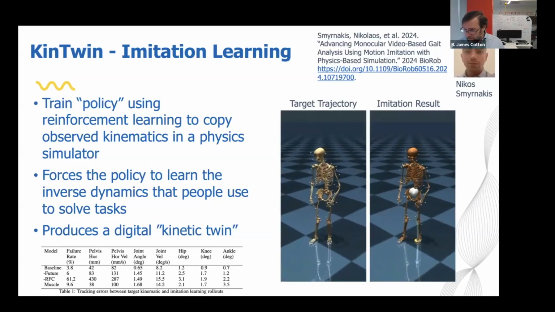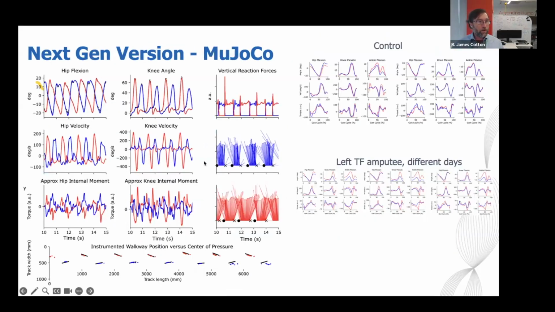And for example, when we look at this in a prosthesis user, we can pick up things like asymmetries in the propulsion from their prosthetic side on the left compared to the much greater anterior propulsion force on their intact side. And when we look at things like where the physics predicts the center of pressure compared to the instrumented walkway, you can see it's also doing quite nicely. When we look at, for example, the same transfemoral amputee on different days, we get fairly consistent results, versus if we look at a control, we also get fairly consistent results. So starting to have some signs of face validity,